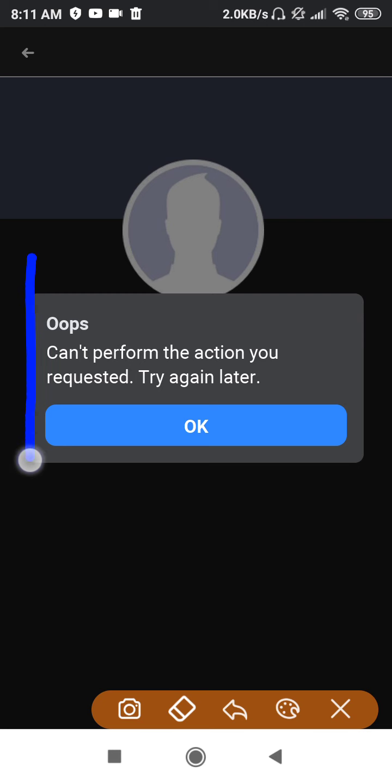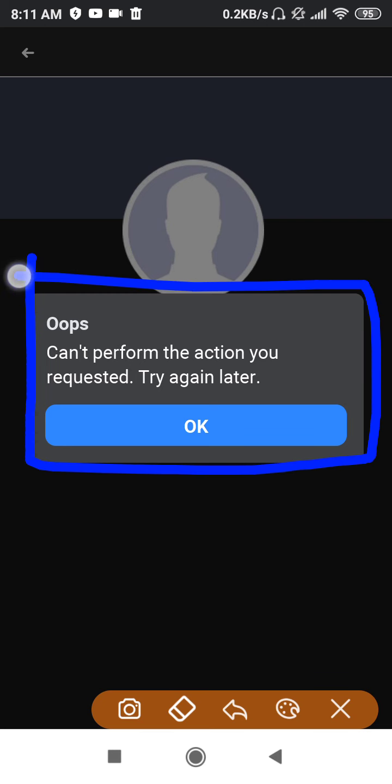So guys, as you can see on my phone screen, in this video you will get to know why this problem is occurring and whether there is any way to fix it or not. After you know the reason, you will know if there is a solution, because I'm going to explain everything about this problem which is occurring in your Facebook.